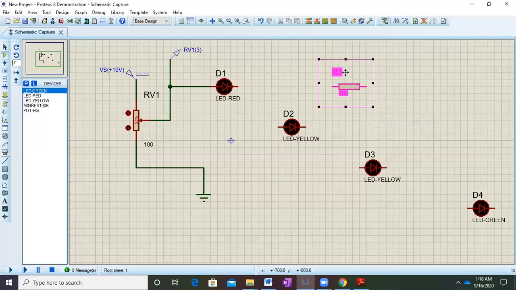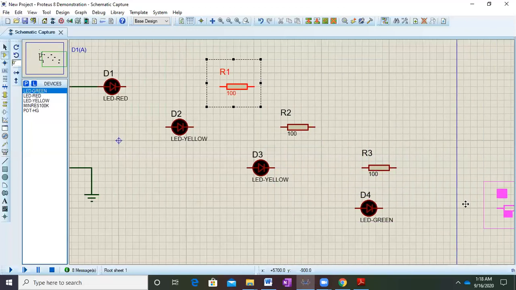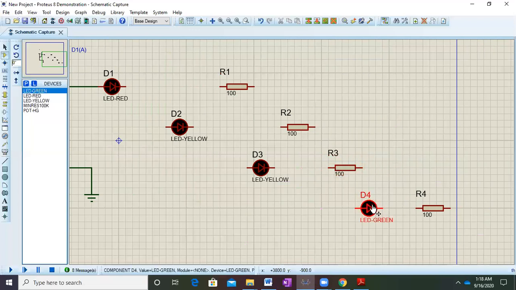You can paste one resistor over here, another we can place over here, and there is one more we can place over here. See to it that you don't exceed the workspace. So I can move this a little bit inside, and this also I can move inside a little.